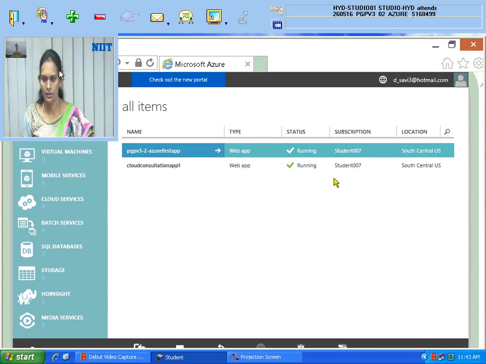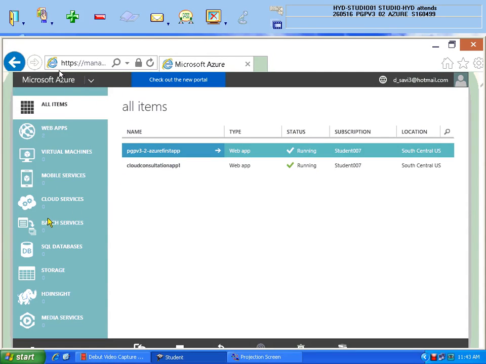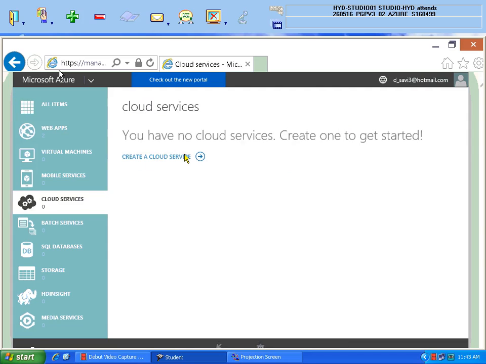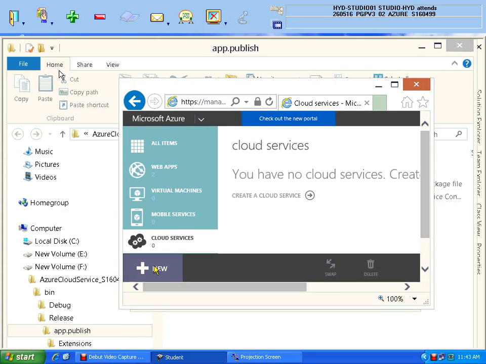That's the Windows Azure portal. Now I'm just hiding my view because there is one option I want to show you from the left side. You can see, not web app, my dear, cloud services. Can you see cloud services? If you want to host, you are not hosting the application, you are hosting the WCF service. So take cloud services, and now create a cloud service. Again I am medium sizing my window as I want to show you. At the bottom you can find a new button. Either one you can take.